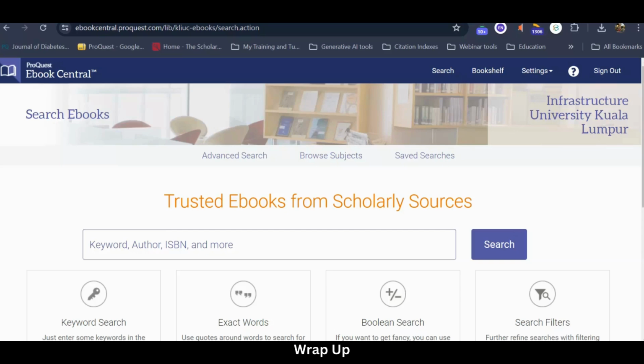Just to recap again, what we have in this ProQuest Ebook Central is a collection of ebooks that covers multidisciplinary subjects and topics. So if you are looking for content such as scholarly journals, or dissertations and theses, you probably have to go back to the library resources and see if you can have alternate access to the alternative databases that have scholarly journals,